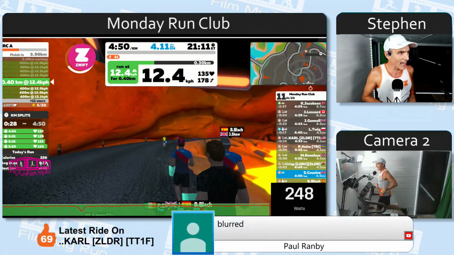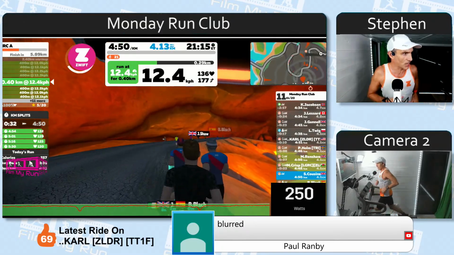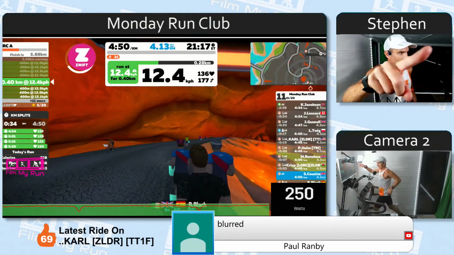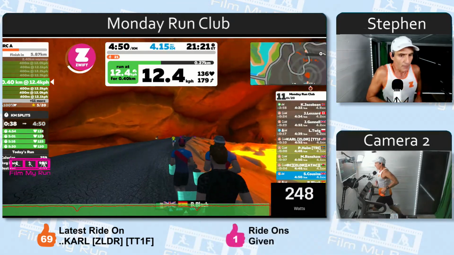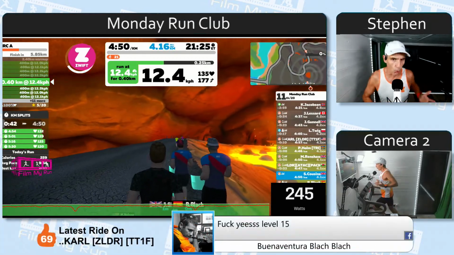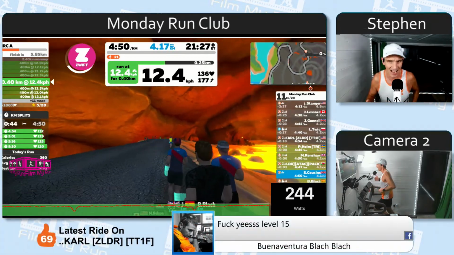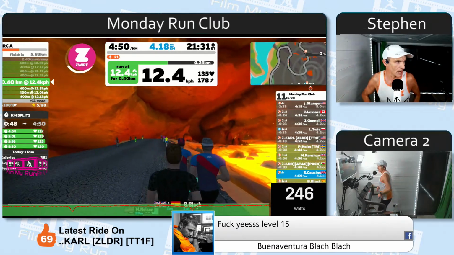Oh, blurred. Okay, yes. Right, there might be a reason for that. I have found that my main camera has been getting steamed up, because it's cold outside, but it gets warm in the shed when I sweat. There's condensation on the screen.